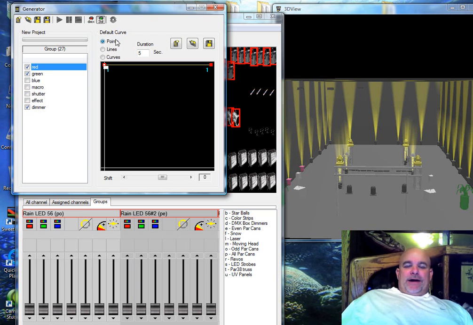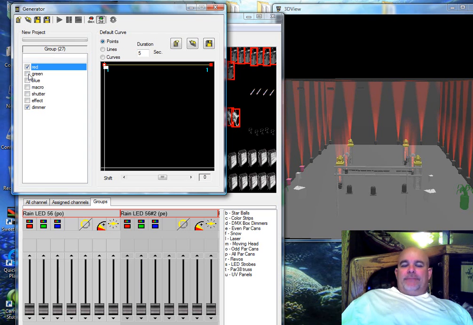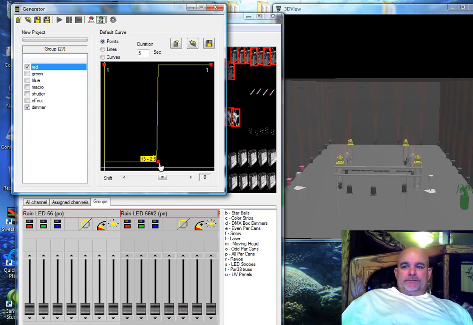So if I fade red back up, red and green make yellow, take green off, back to red, get the concept. Okay? So this timeline right here, if you right click, you can add points to it. Now this being 255 and this being 0, if I click and hold and drag this point down,